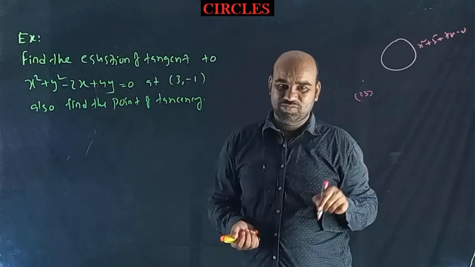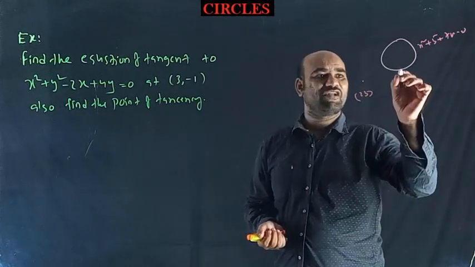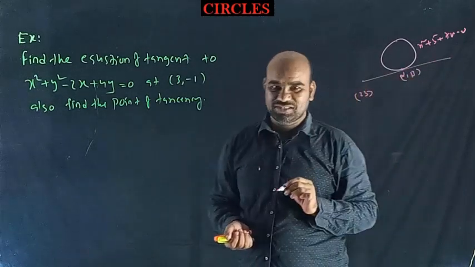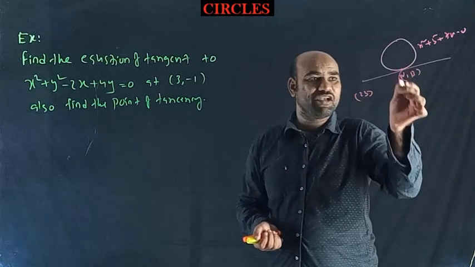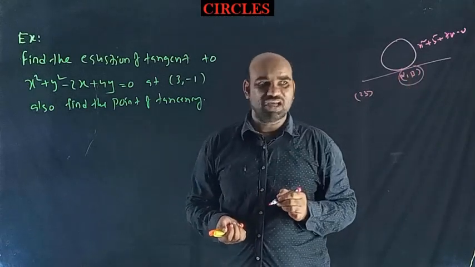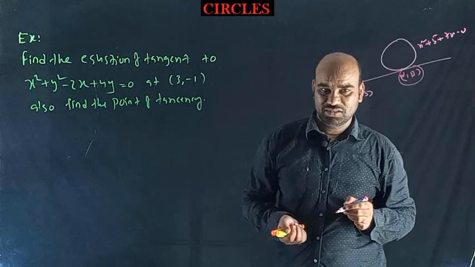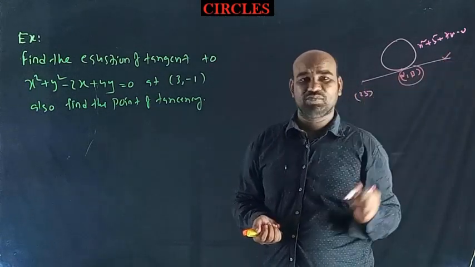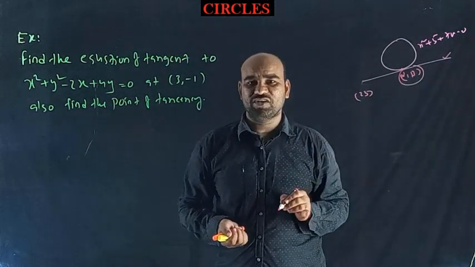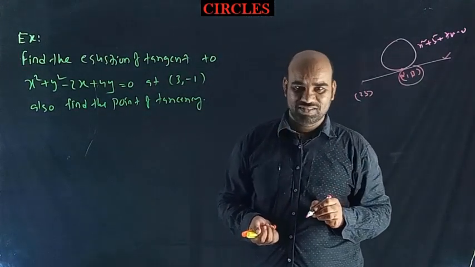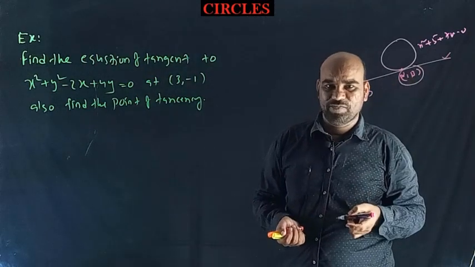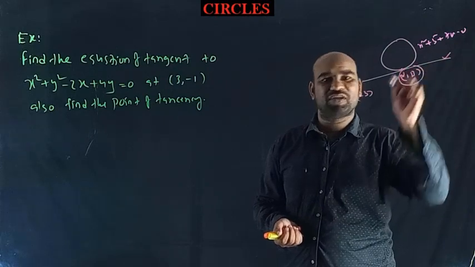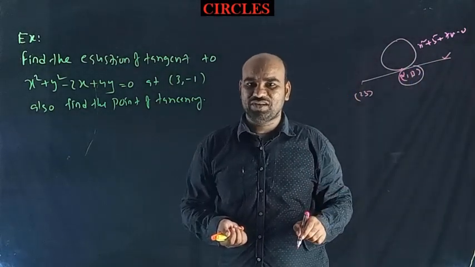I already explained the concept in application of derivatives. One of the points of tangency is alpha comma beta. Through these 2 points you can draw a tangent. So it is better to find the coordinates of the point of tangency, or it is enough to find alpha and beta values. By using these 2 points, you can find the slope of this line by using the slope form, y2 minus y1 by x2 minus x1. Means you get one relation between alpha and beta. Next, by using the differentiation concept, you can find the slope of the line at that particular point. There you get another relation between alpha and beta.